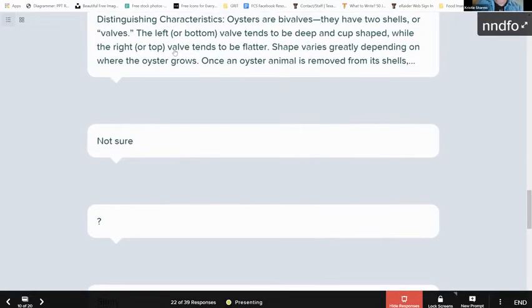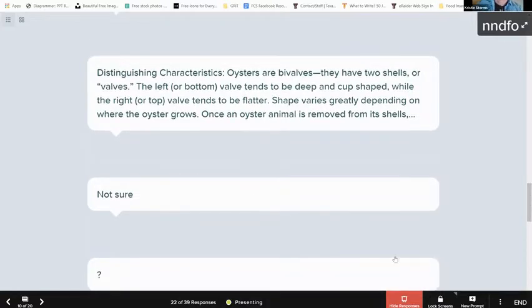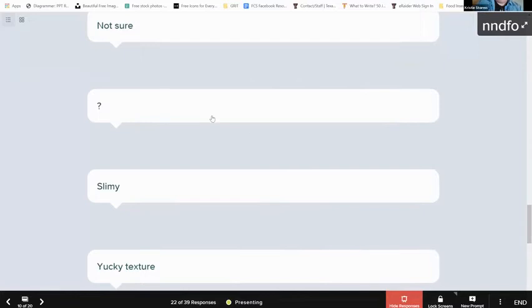Here we go. Somebody copy and pasted. That's a good way to do it. But once again, this is just a really good quick check-in that can easily be